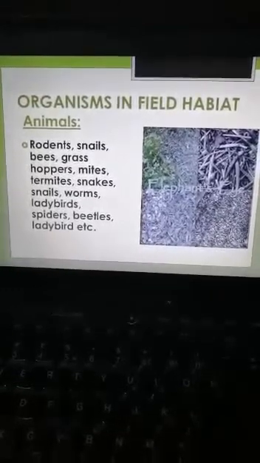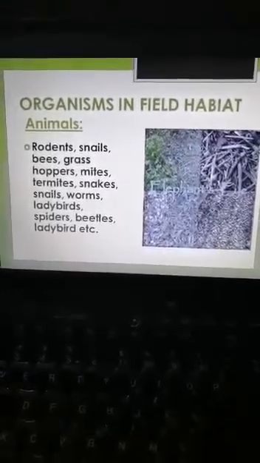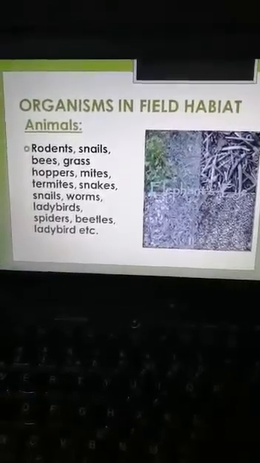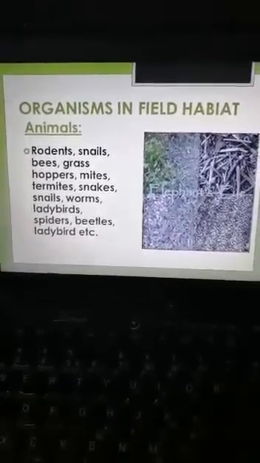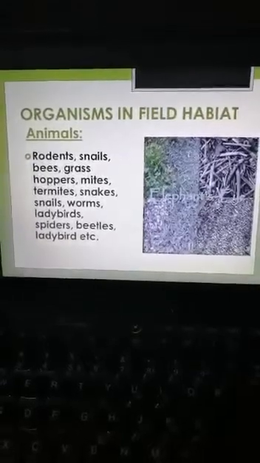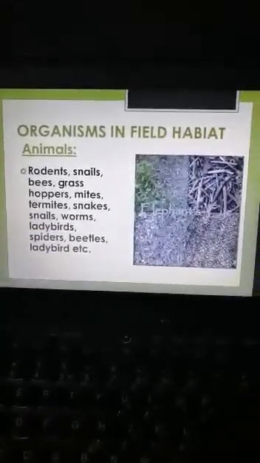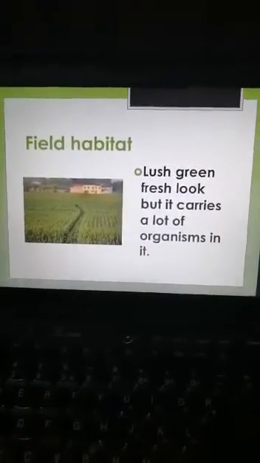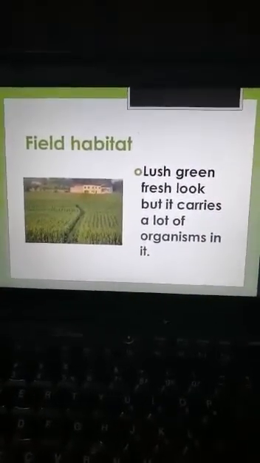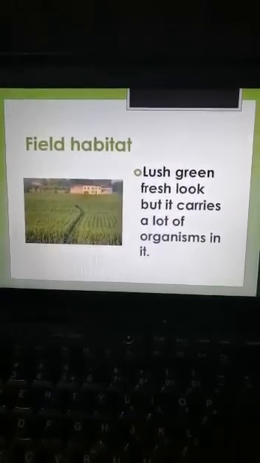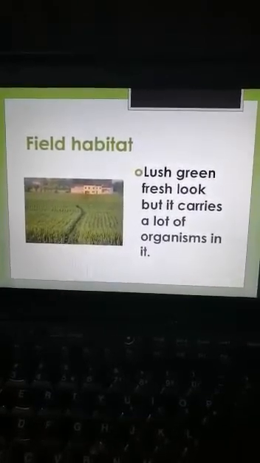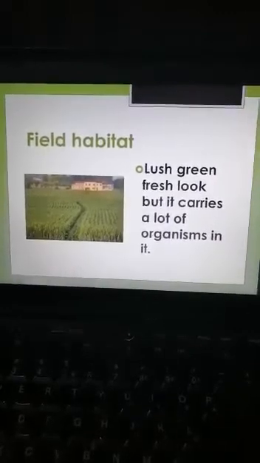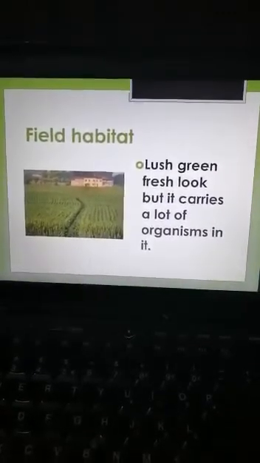Rodents, snails, bees, grasshoppers, mites, termites, snakes, ladybirds, spiders, beetles, a lot of different insects and animals are found here. Now, at first look, they seem lush green and fresh looking. But if we start moving inside it, it becomes very difficult for us to move because we might